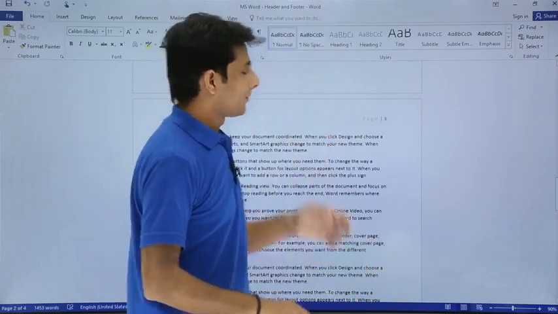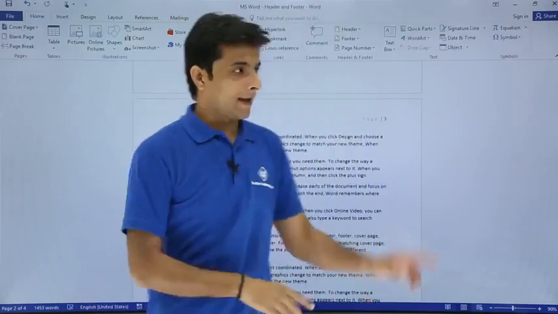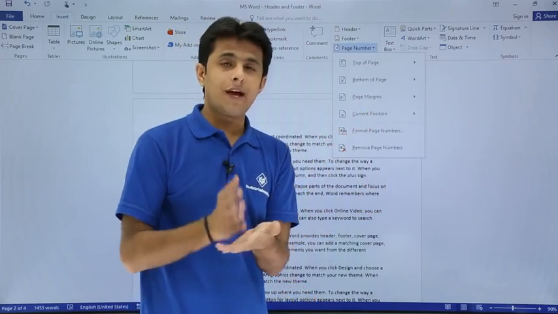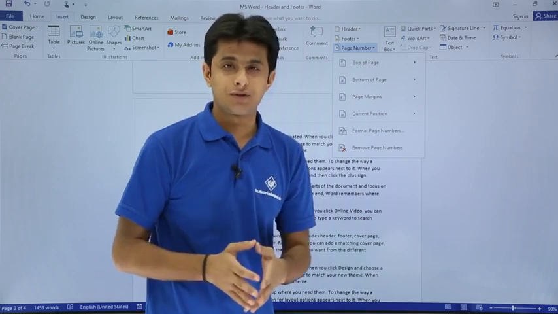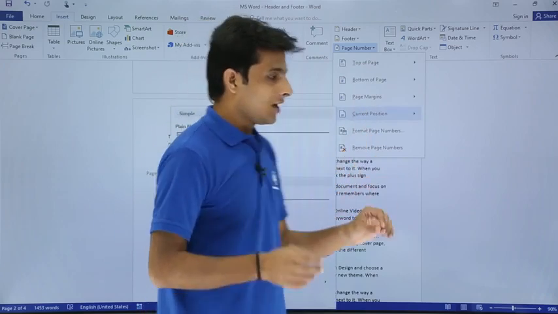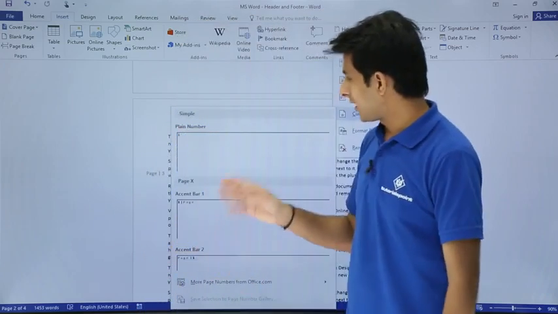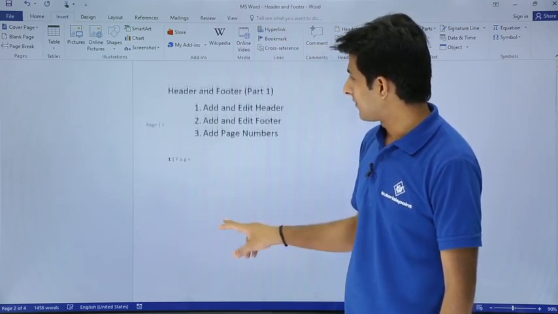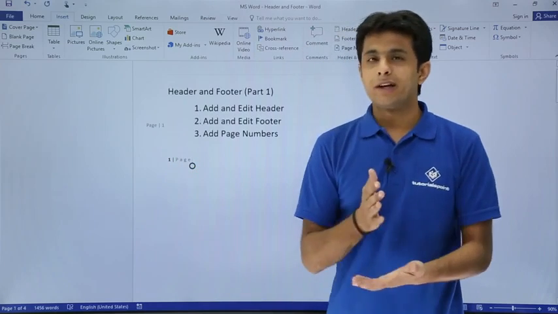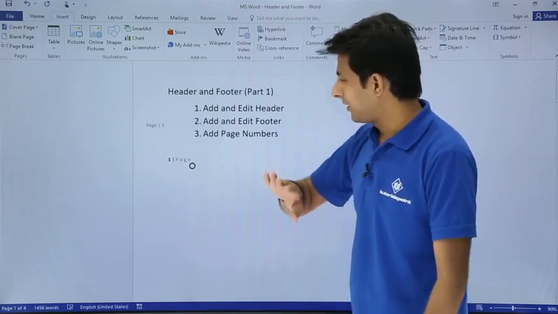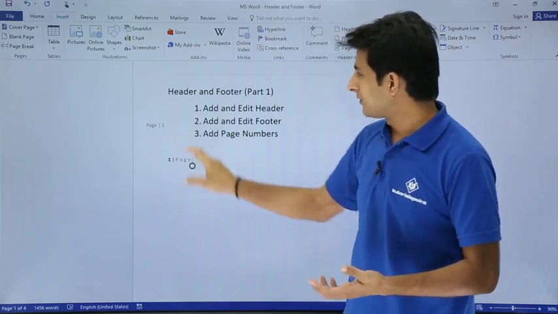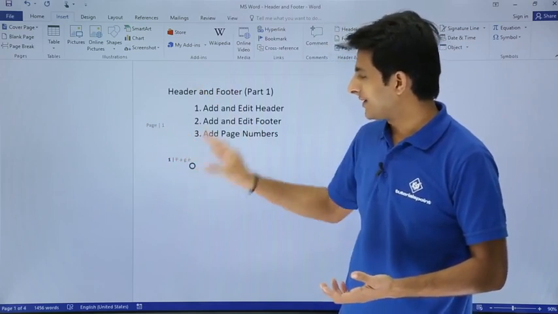Let us see one more example. I'll just go to the Insert tab and go to this Page Number, and suppose you want to add the page number at your current position. So you can use this option, Current Position. Wherever your cursor is blinking, at that place the page number will be added. So if I click on this place, my cursor is at this place. So at the current position, my page number has been added, right? So you can add it at different positions: header, footer, the margins, and the current position.